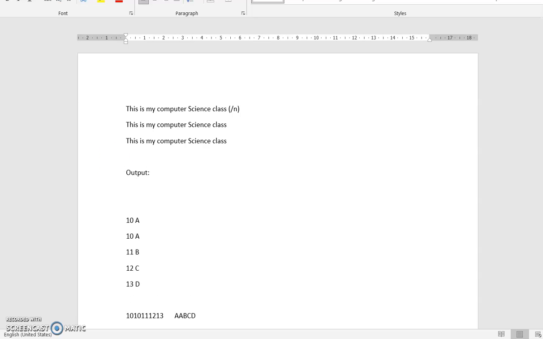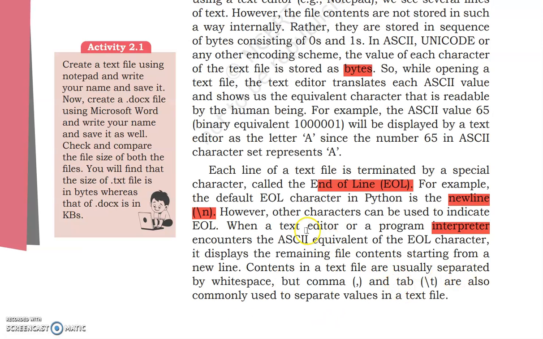Now what happens from here, if I click for output, if I run this program and I click for output, the program that will be displayed will start from here. Okay, this first line will not be displayed. It is going to start displaying after this end of line. Okay, after this EOL, next of end of line, it is going to start showing the output from the second line. This is what we mean. Okay, so don't be confused.